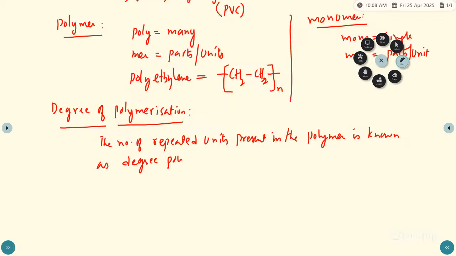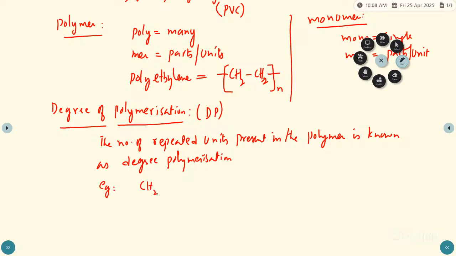So that is DP, degree of polymerization. The number of repeated units present in the polymer is known as degree of polymerization. For example,